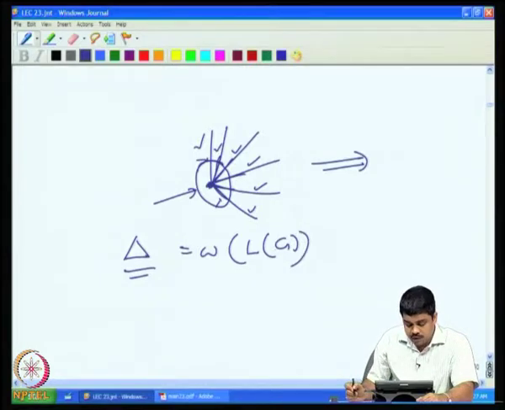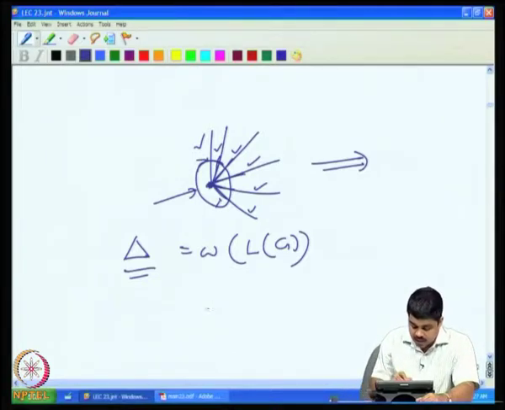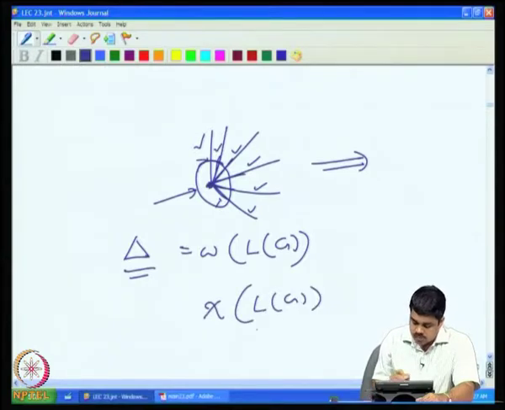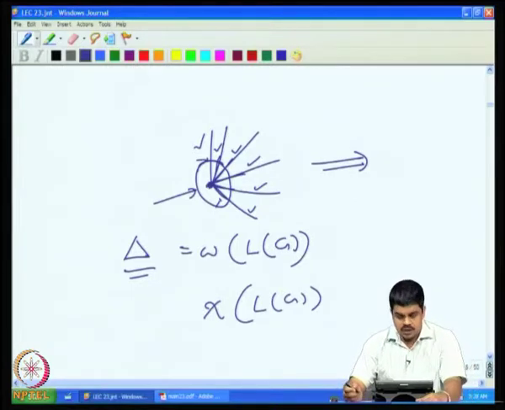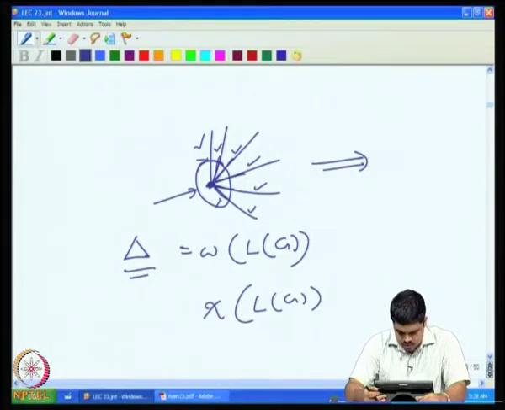Now, we ask: if this is the omega, then what is the chi of L of G, the line graph of this thing? We want to color the vertices of the line graph, and a vertex of the line graph corresponds to an edge of the original bipartite graph. Therefore, coloring the vertex set in the line graph corresponds to coloring the edge set of the bipartite graph,